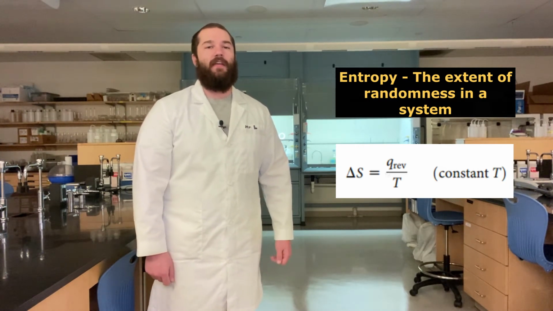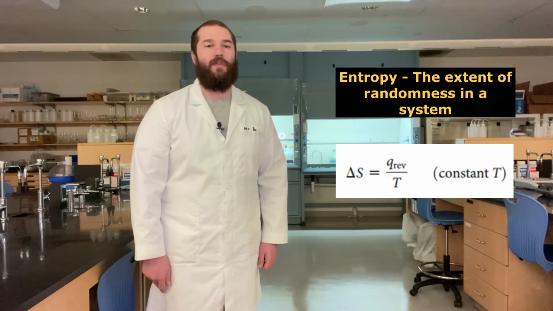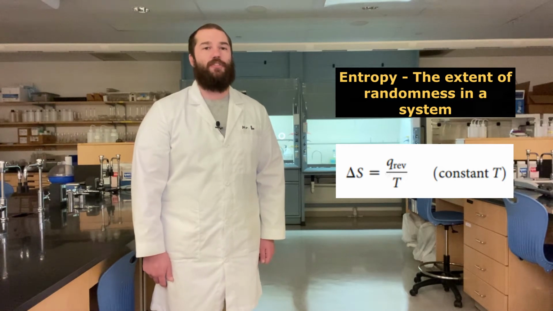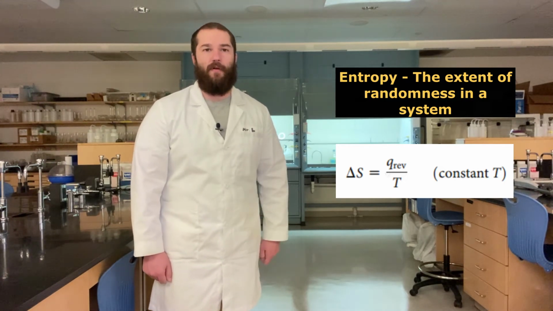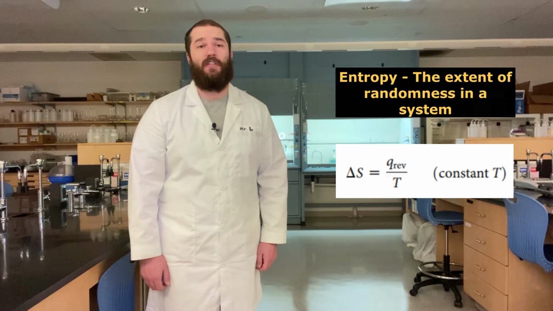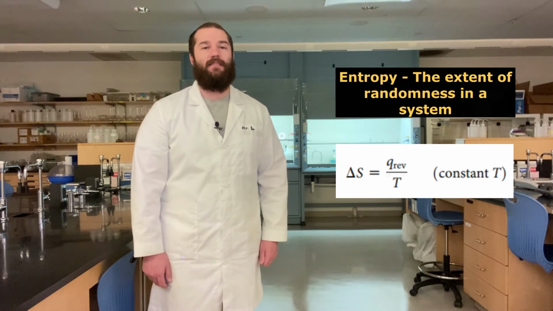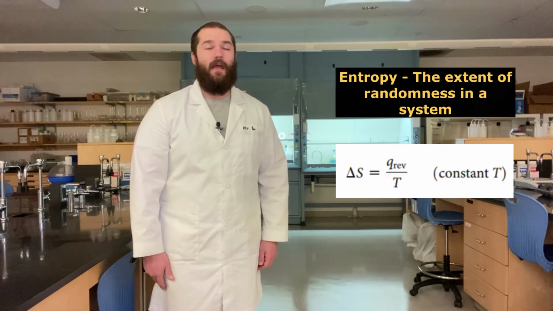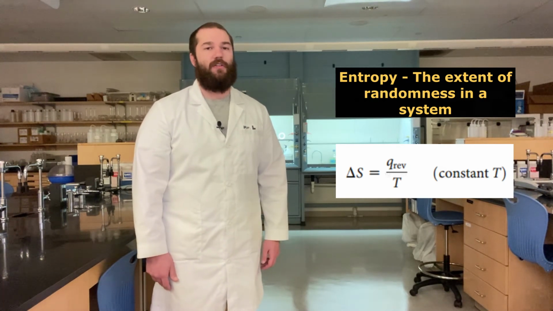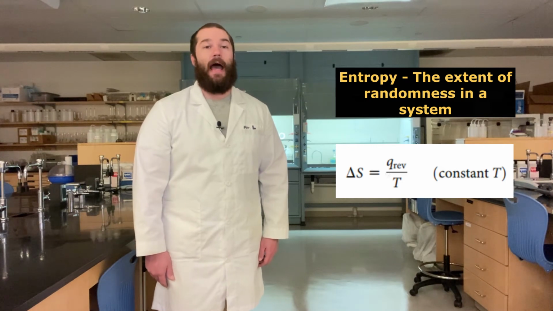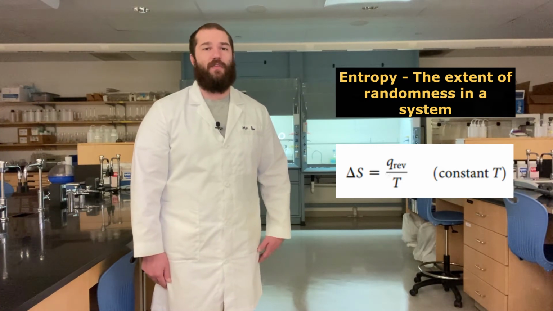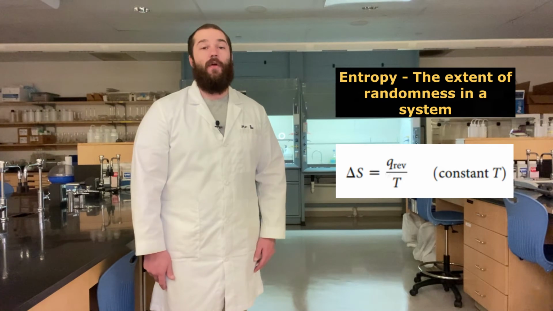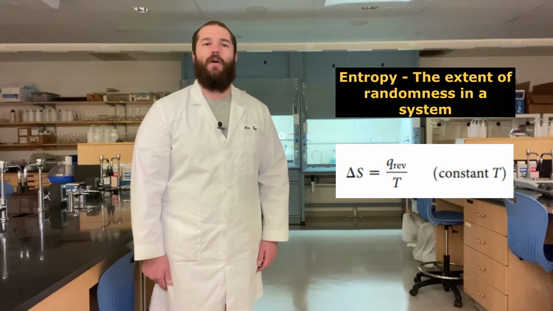The other way that we can do this is delta S is equal to the reversible heat value, Q reverse, over temperature. And this is important. We've got to remember that our temperature is going to be an absolute temperature, and this is going to be done at a constant temperature. So we're going to need a constant temperature in the unit Kelvin. And we're eventually going to get to the third law of thermodynamics, which is absolute zero or 0 Kelvin. So this is why we need to use this. The units on our change in entropy are generally joule per mole Kelvin.